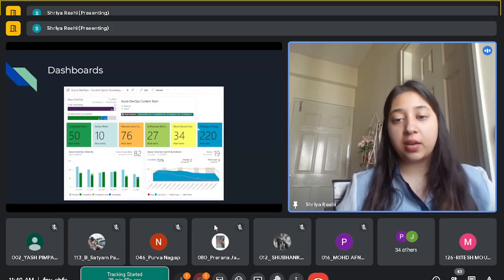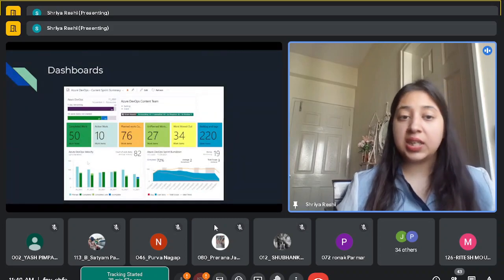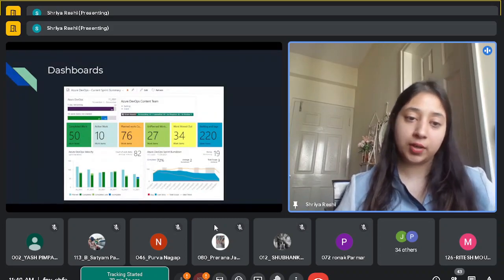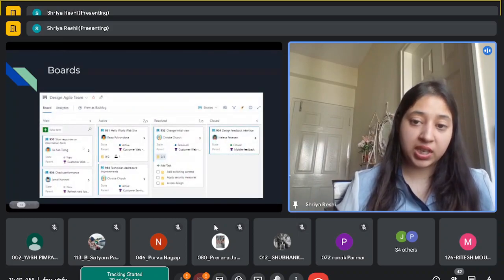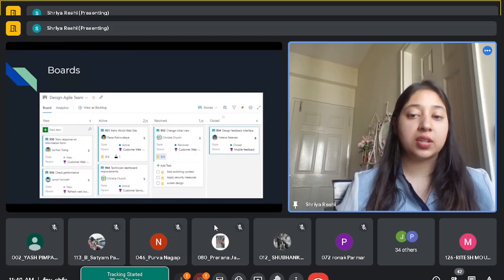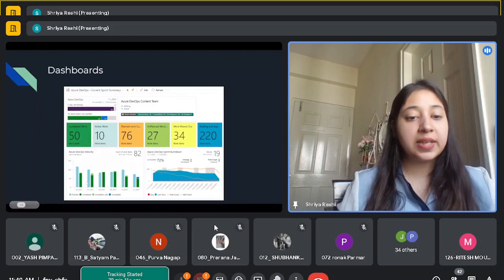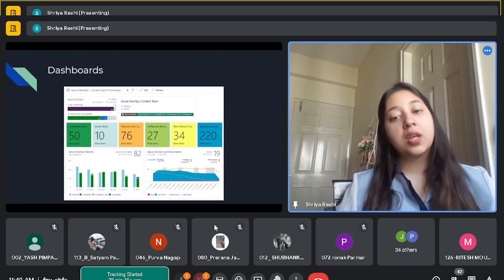And then they have how many items are still in the backlog. And they also check the velocity. Now velocity in agile terms basically means how fast you are completing the work, how fast a work item that I showed you here goes from the new state to the closed state. Basically how fast you're closing out the tasks that are assigned to you, tracked on a daily basis. And then sprint burn down means,